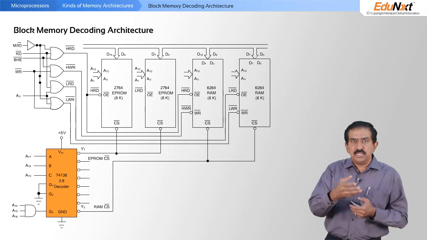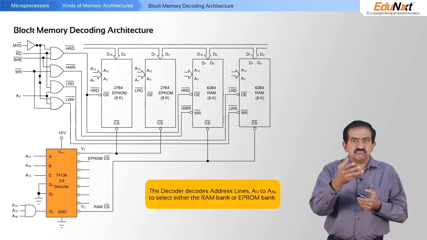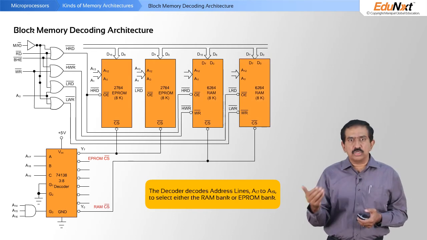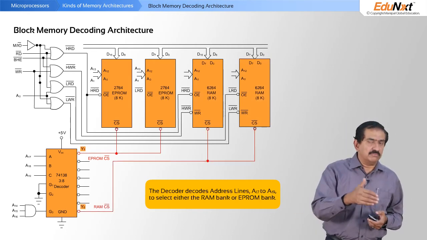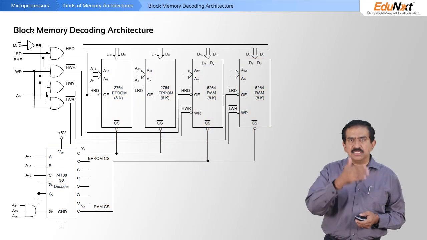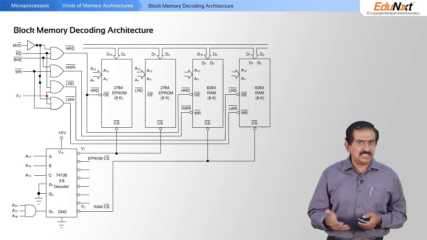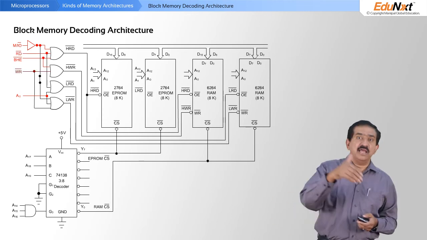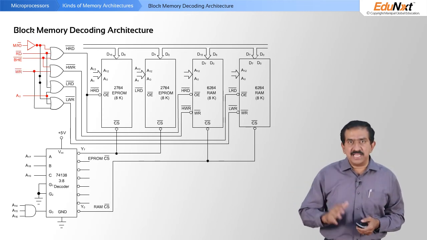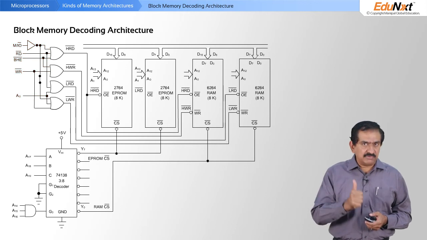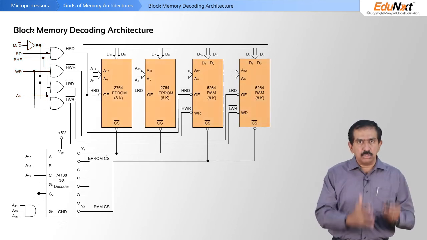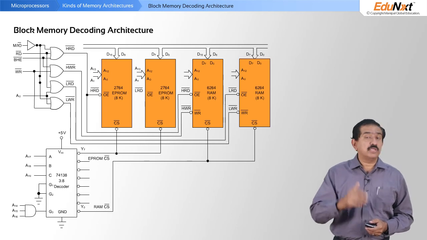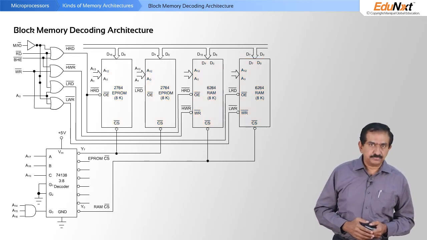So in this example, the chip select enable is either for EPROM or for the RAM, based on whether you're talking about Y7 or Y0 from the decoder. All the other parameters are the same. You still have A0, you have byte high enable, you have the memory/IO bar, you have read bar and write bar. So the rest of the design of this memory architecture is the same. The advantage is you can access block by block of memory within the system. It is useful for very complex architectures.